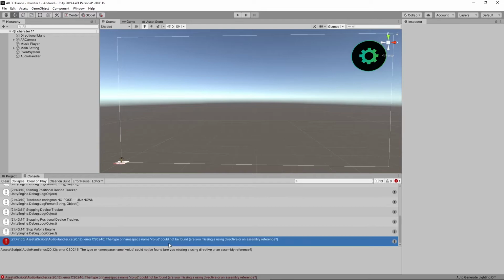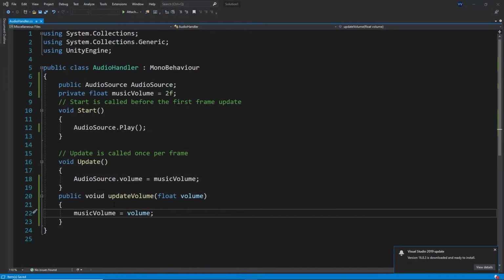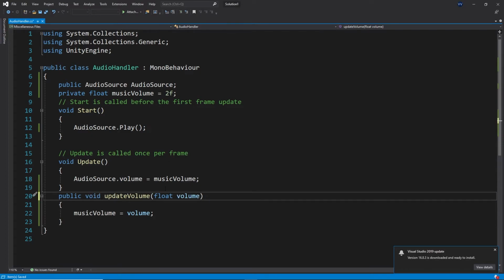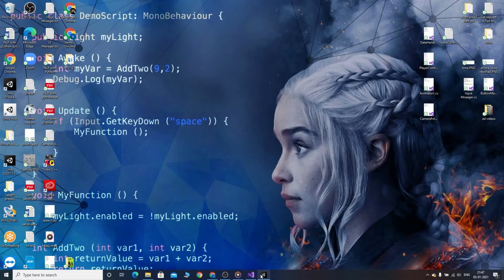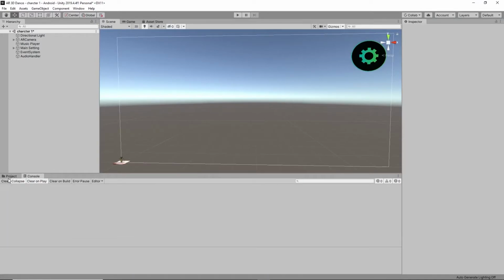The namespace void, yeah, I think I wrote a spelling mistake here. Yeah, this was good. Now click on save. We got an error. The errors are removed now. Yeah, we can work with it now.